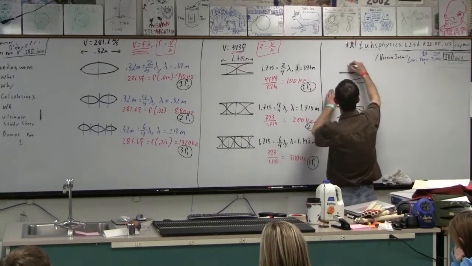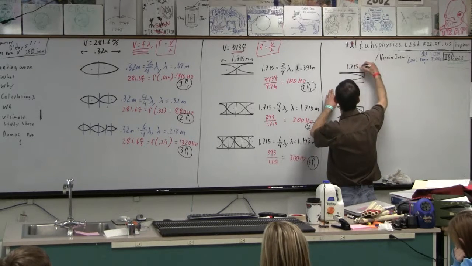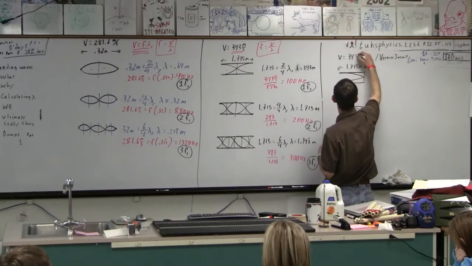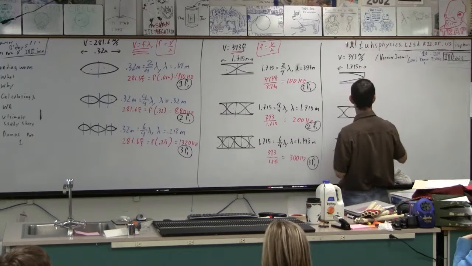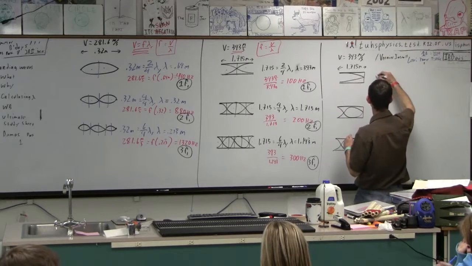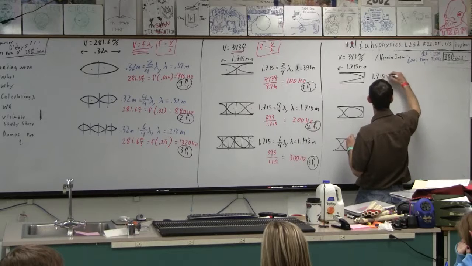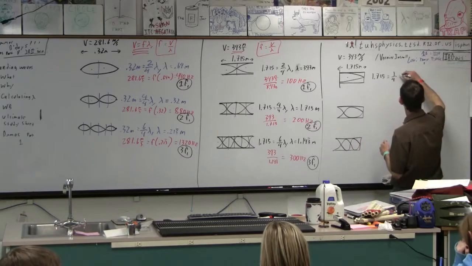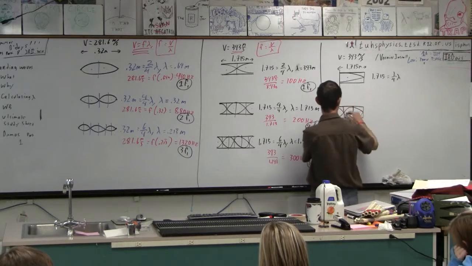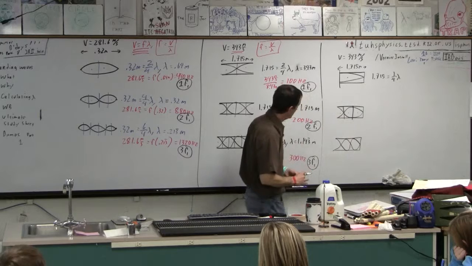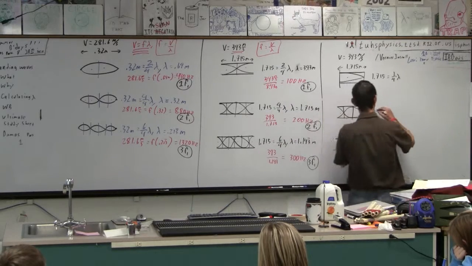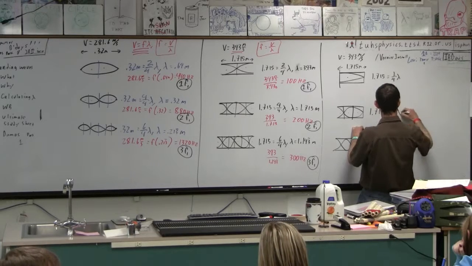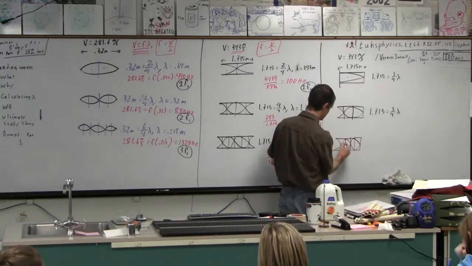And then these pipes are 1.715 meters, same as these pipes. The velocity is still 343 meters per second, right? And then this guy is, well, 1.715 is 1/4 wavelength, right? Isn't that just 1/4? And then here, how many quarters here? 2, 3. Yeah, 3. 1.715. It's 3 quarters. How many quarters? 5.